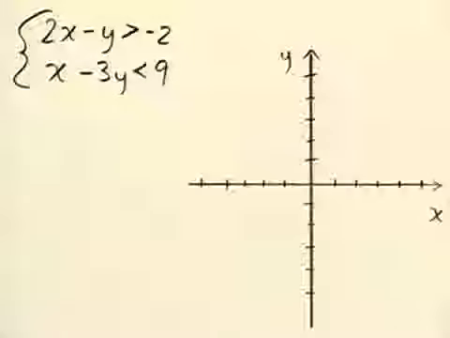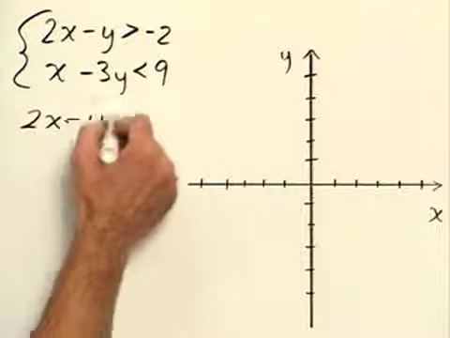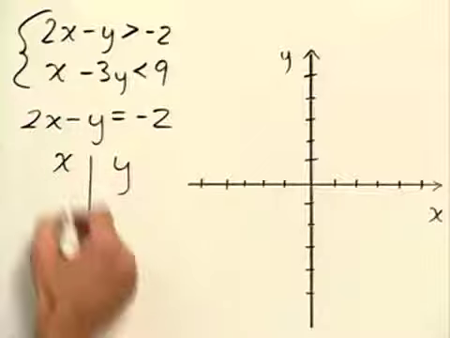For this problem, we're going to graph this system of linear inequalities. To do this problem, we'll graph each linear inequality individually. So let's start by graphing the first one. So we'll change it to have an equal sign, and we'll make an xy table to find points on this